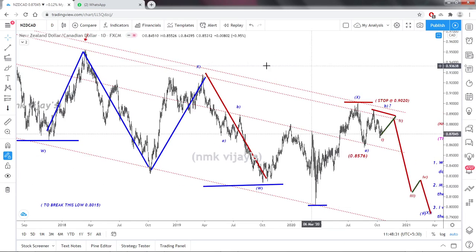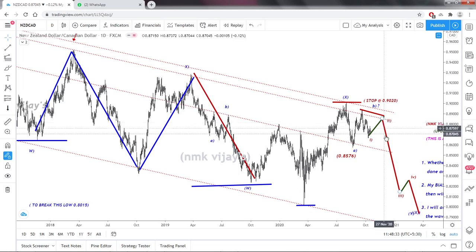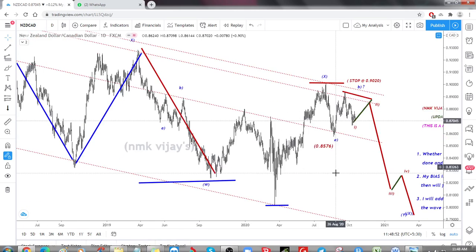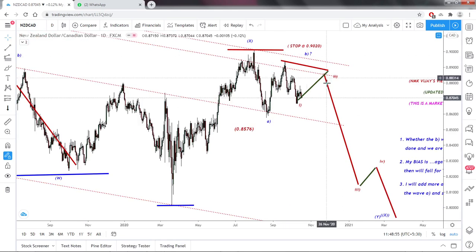See, in New Zealand CAD also, I am looking for the CAD to be a very strong currency. At that time, CAD JPY also, if the CAD is very strong, it can move in CAD JPY also to reach the target of 84. So my view is it is in a consolidation zone, so we have to watch here. It may happen it will do like this also, I will explain.